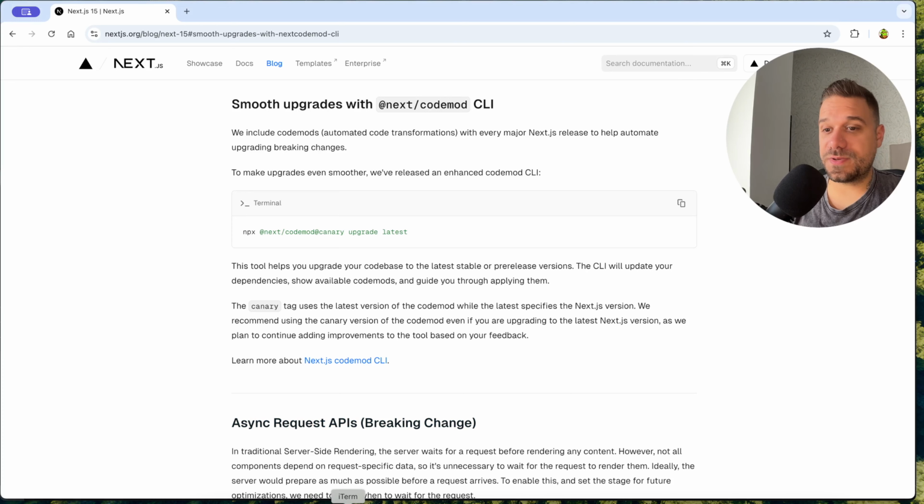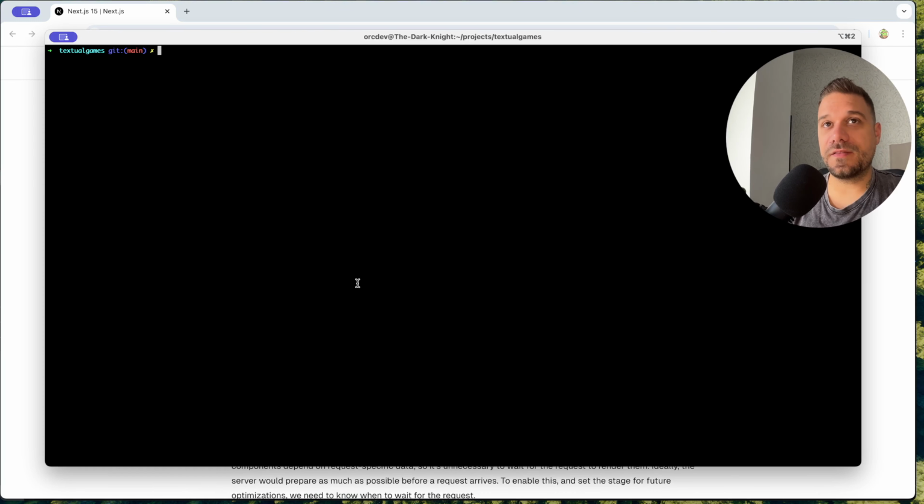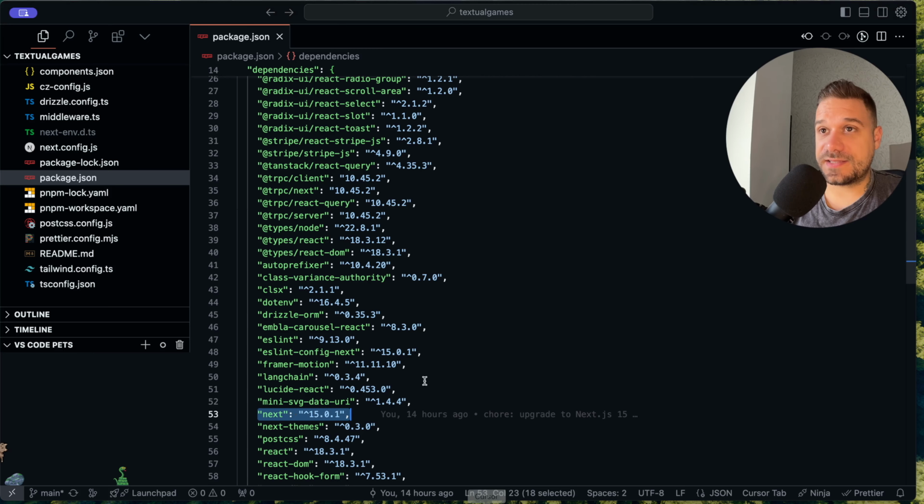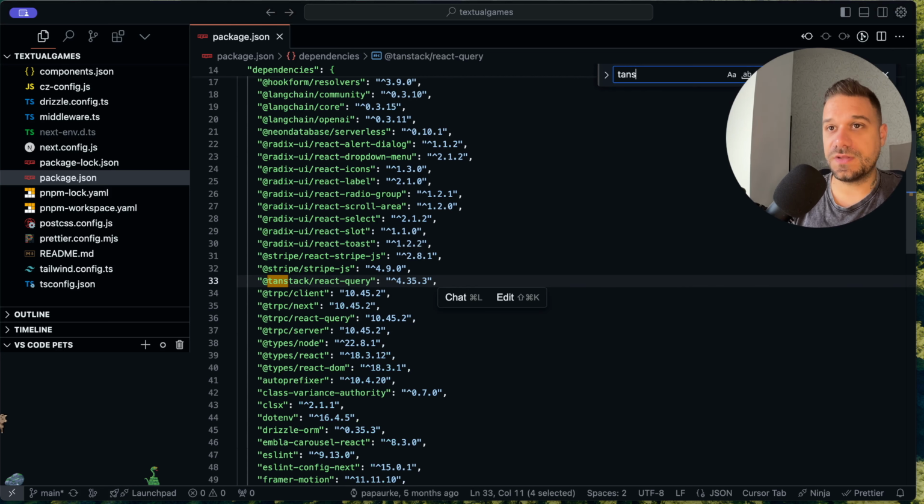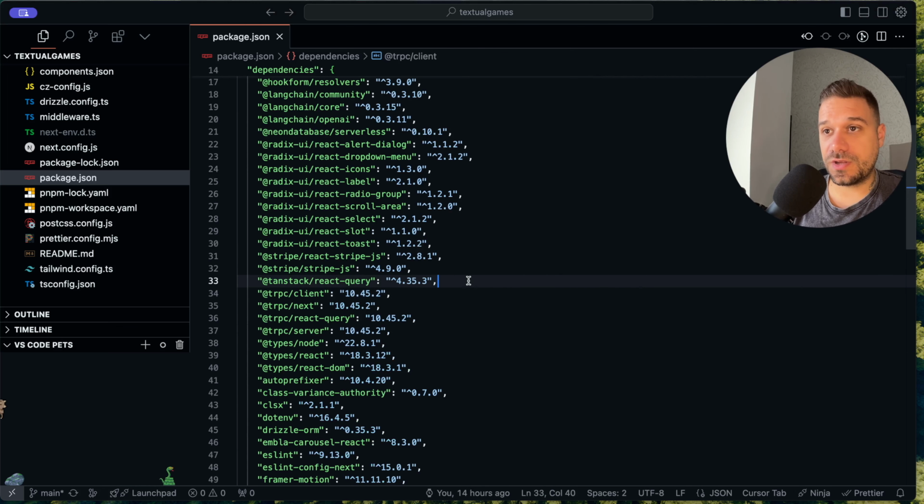So what I did is I went to my terminal and ran pnpm up --latest, and this gave me all the dependencies at their latest versions, including all the major versions, and I had a couple of problems. The first problem was TanStack, or TRPC, because I'm using TRPC in this project, and TanStack React Query has to be on this version, so I just copied this one,